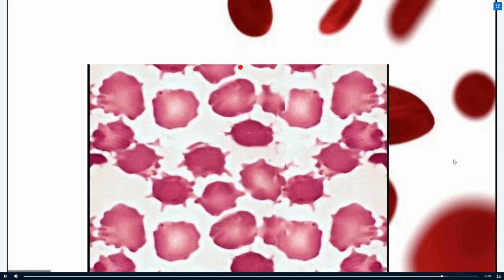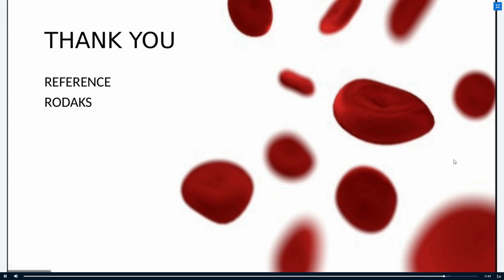So, ito itsura nila, class. This is the appearance of your acanthocytes. Large yung spicules. Large yung spicules. So that and